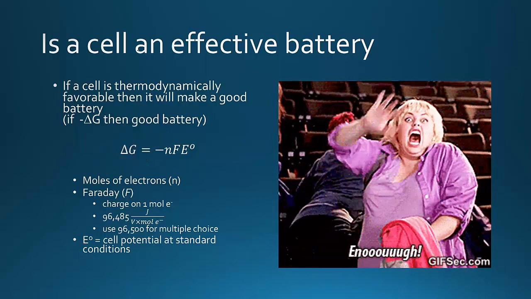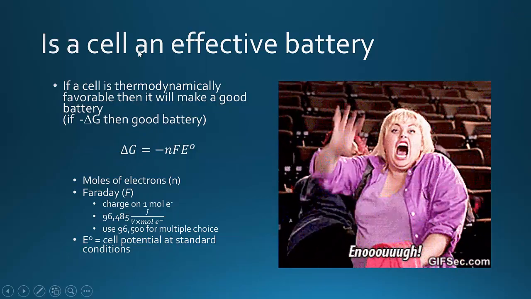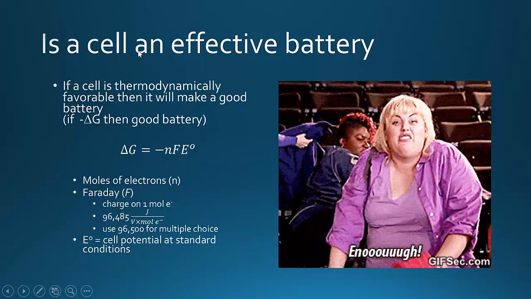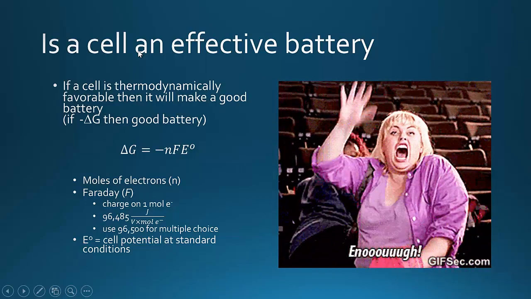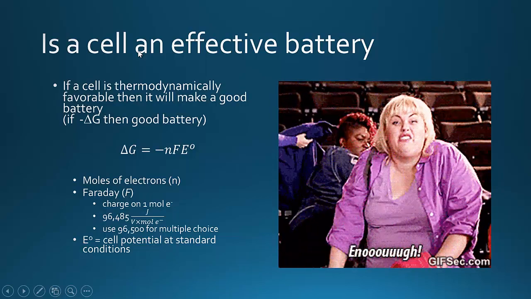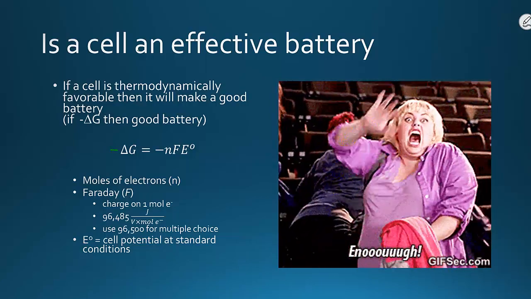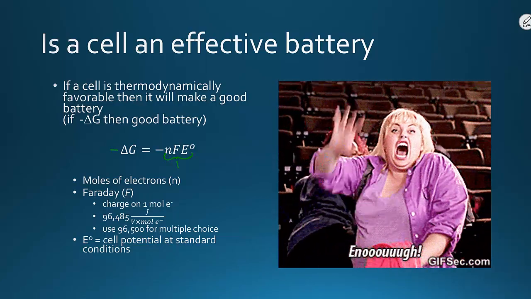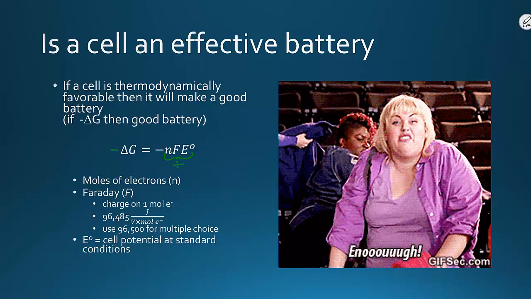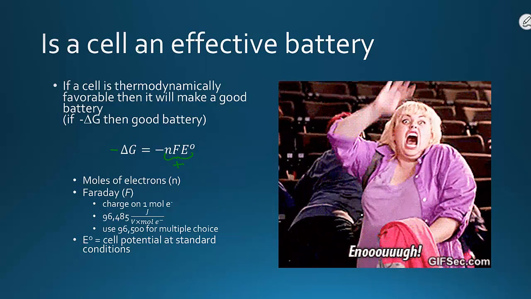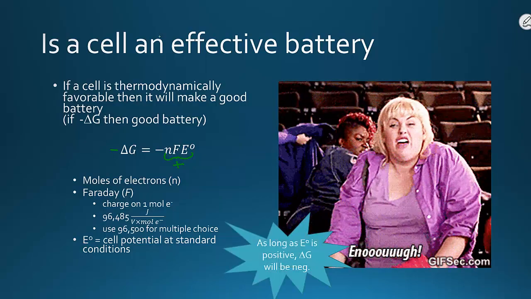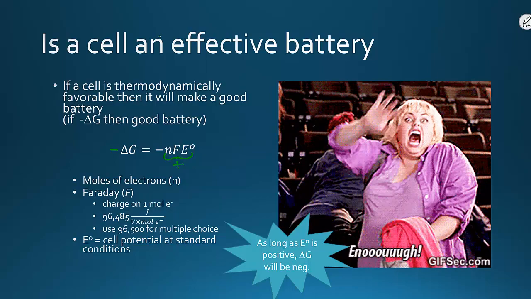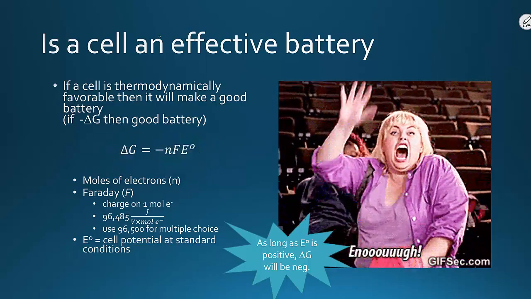We can calculate the Gibbs energy of a galvanic cell by using the formula delta G equals negative nFE, or delta G equals the moles of electrons transferred times Faraday's constant times the cell potential. If we are looking for a negative Gibbs energy, as long as this expression is positive, we'll end up with a thermodynamically favorable reaction. Or simply, as long as the cell potential is positive, we end up with a battery